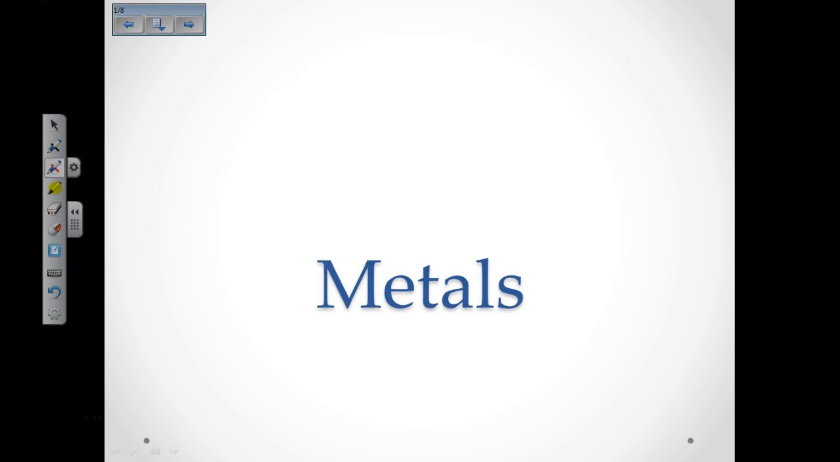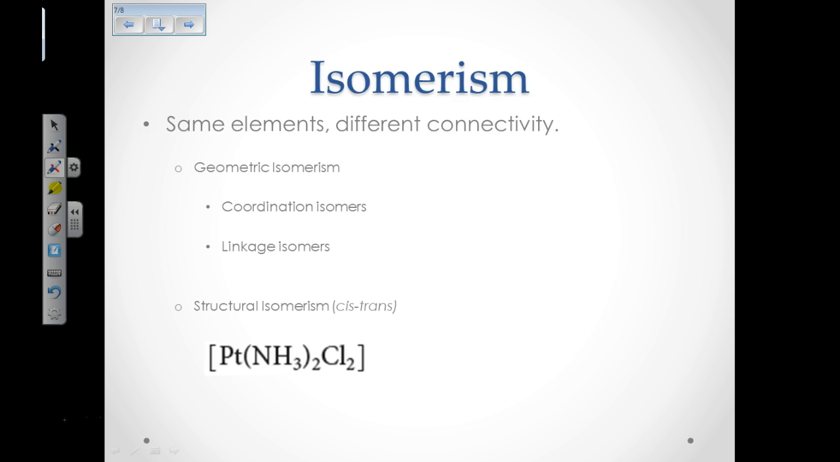Hey everybody, I wanted to spend a little bit of time talking about metals, going over coordination compounds, maybe a little bit of how to determine the charge on transition metals, maybe a little bit of structure and that sort of thing. So I guess we should get started talking about isomerism, and isomerism has everything to do with